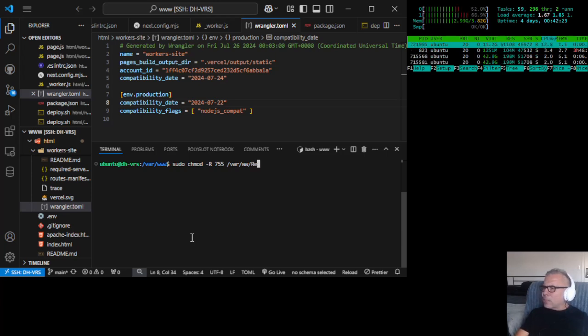chmod -R 777. Why isn't it accepting? Oh, I'm missing a W. See? Sometimes you've got to tab your way into the command, otherwise you might mistype something and the command will just go haywire. So what I'm doing right here is I'm changing the